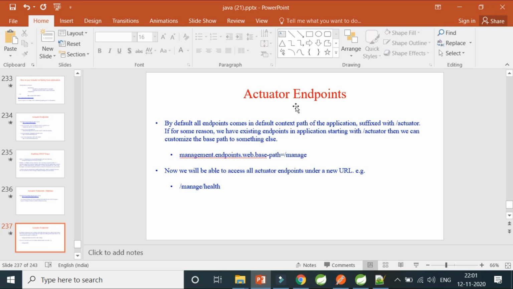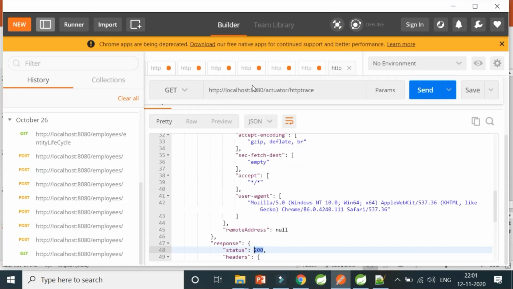Now let me move forward to making the changes to this URL. So you can see that by default I have to use /actuator always for hitting any of these endpoints which are available to me as HTTP endpoints over the HTTP protocol. Now I don't want to use /actuator as the basic endpoint given by default by the Spring Actuator starter dependency. So what will I do to make this change? The interviewer may ask you that if actuator is already used in my existing API, how can I make sure that these management endpoints, the actuator default endpoints, are changed?